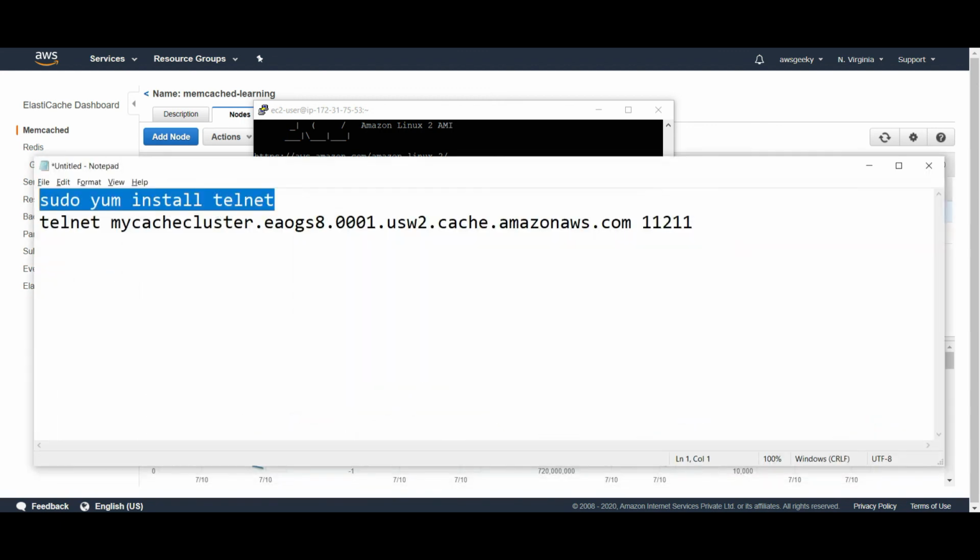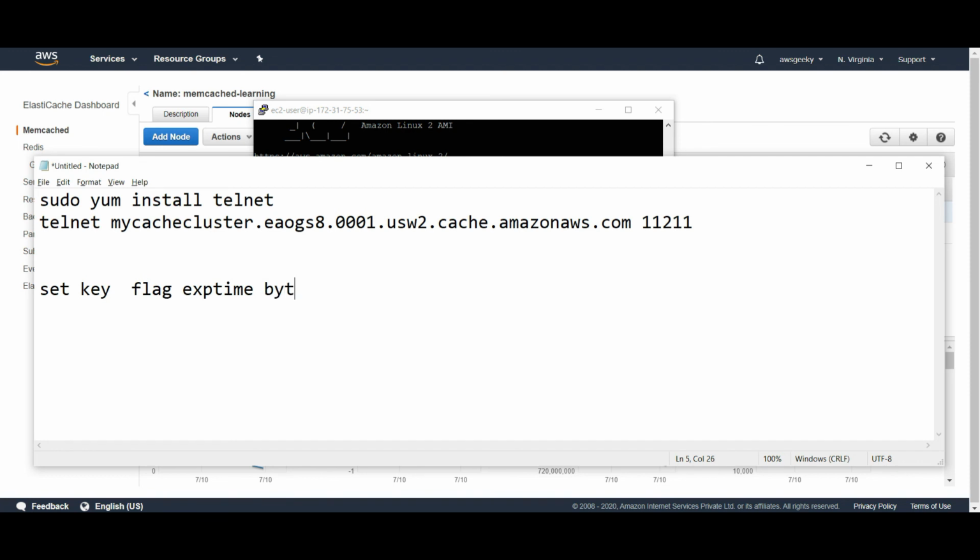So this basically goes like this. Set followed by the key name. In our case, we have given the key as a. After that, flag. Flag is nothing but a 32-bit integer that the server stores with the data. And whenever you retrieve, it retrieves the flag along with it. Following this, we give the expiry time. Expiry time is the time in seconds. So 0 means there is no expiry time for this.